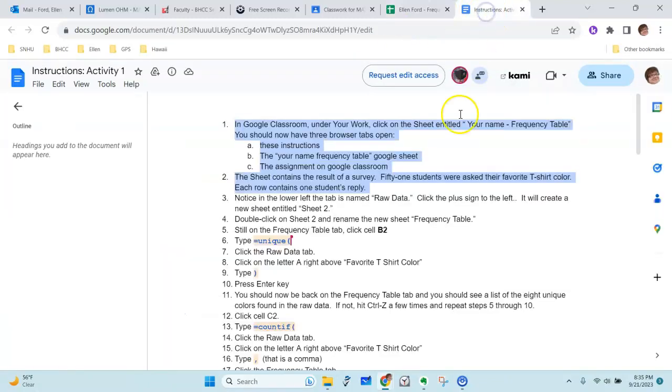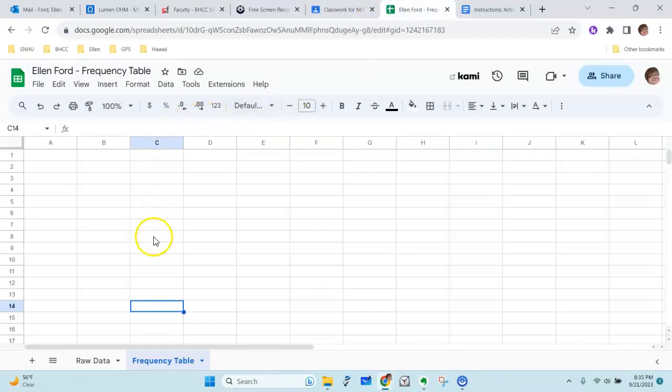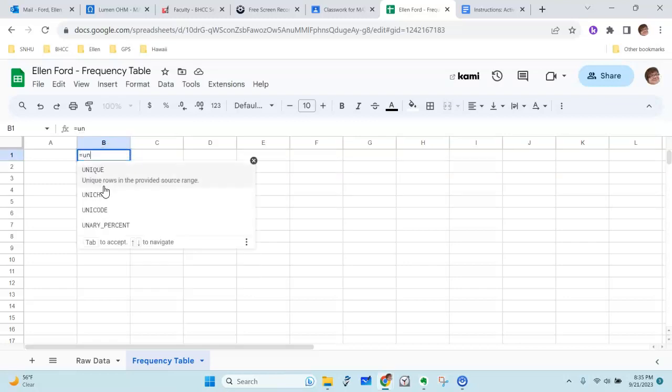So if we go back here, we're on step 5, and let's do 5, 6, 7, 8, 9, and 10. What we're going to do is find all the different unique values in that raw data. So we're going to go to cell B2 on the frequency table tab, which is right. Actually, we should go to B1. We're going to go to B1 on the frequency table tab, and then we are going to type equal unique,